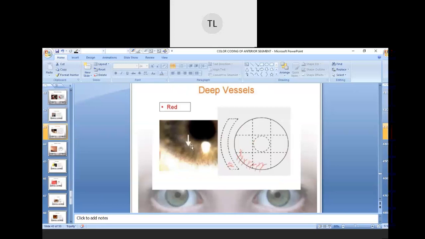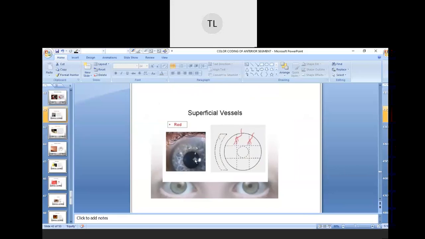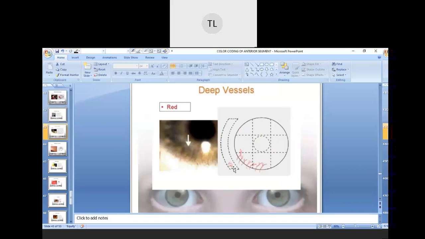Like I said, we have the deep vessel as well. They have the deep vessel over this area. By looking at this frontal view, we cannot denote whether it's deep or superficial. But with the help of the slit, you can see these vessels are going inside. Now look at this, this is almost superficial, so they are not that deep, but now that one is going inside, and they are huge. So this will denote the deep vessels.